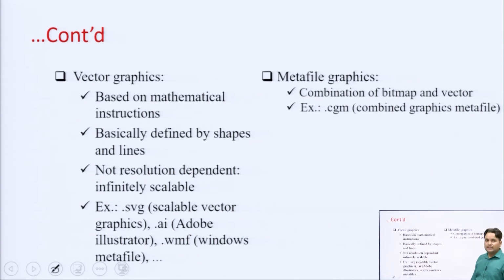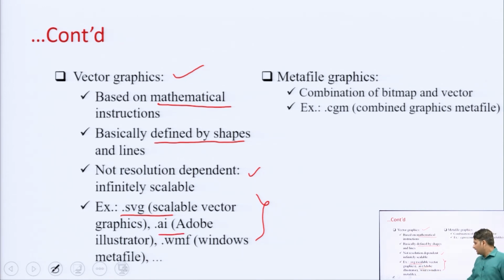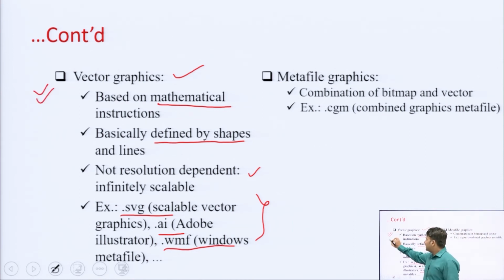Now, the other classification of image is called vector graphics. Here it is based on mathematical instructions, basically defined by shapes and lines, and not resolution dependent. So, you can change the resolution, it is infinitely scalable. How can we identify these kinds of files? They might have the extension .svg, scalable vector graphics, .ai, Adobe Illustrator, or .wmf, Windows Metafile. If a file has these kinds of extensions,